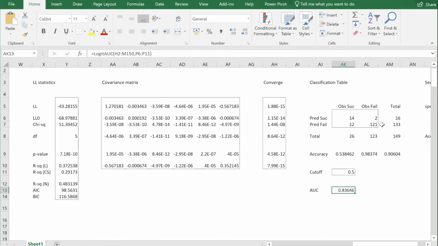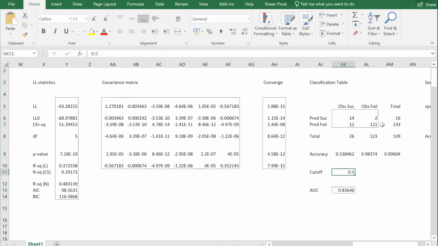If the value of AUC is more than 0.7, the model is considered to be a very good model. Anything above 0.7. If the AUC is below 0.5, in that case, you have to relook at the model and at which variables you have selected.